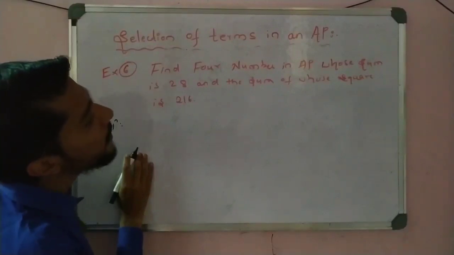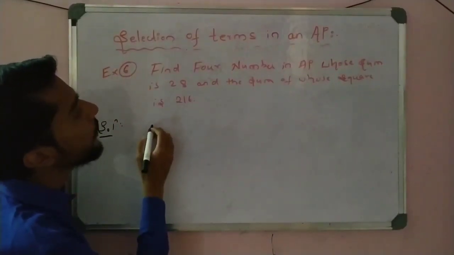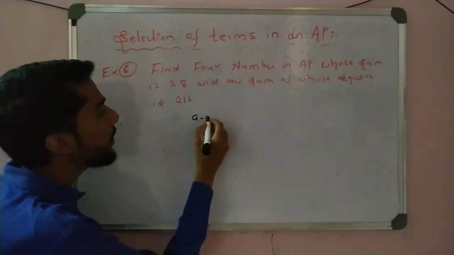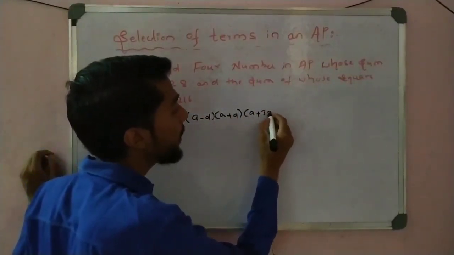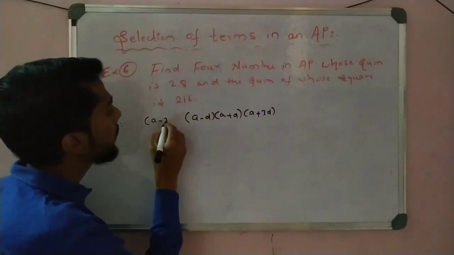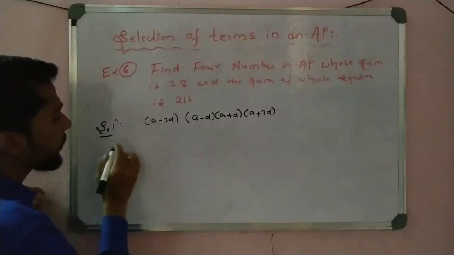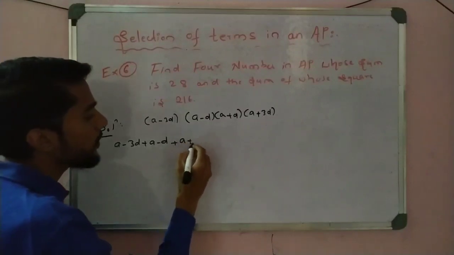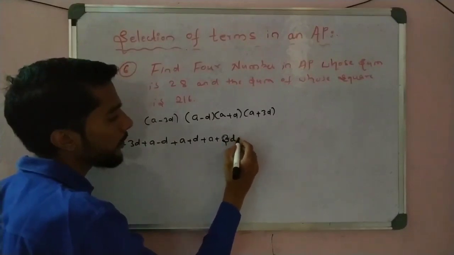So find 4 numbers in AP whose sum is 28 and the sum of whose squares is 216. Okay, now first let us find the 4 terms in AP. So the 4 terms: one is a minus d, one is a plus d, one is a minus 3d, and one is a plus 3d. Okay, so we get the sum here. I can make the sum a minus 3d plus a minus d plus a plus d plus a plus 3d